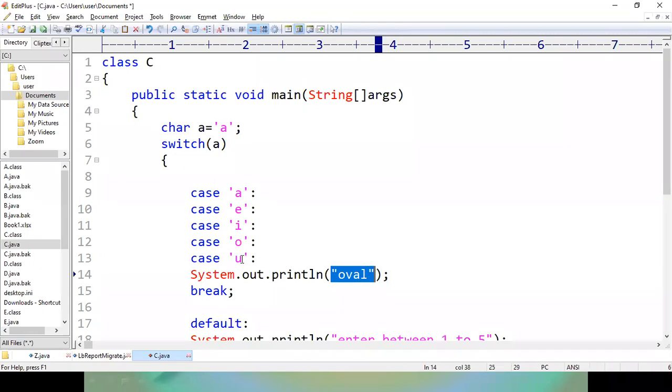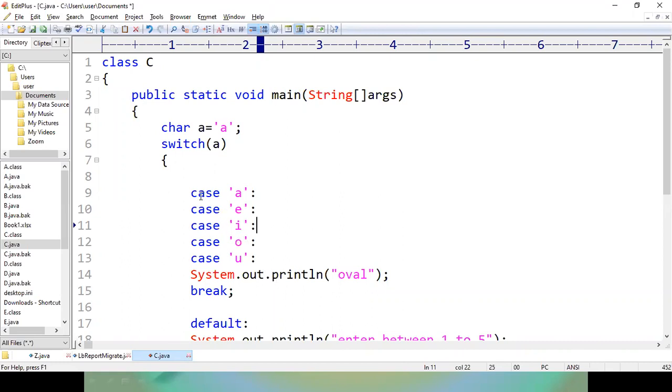Body in the sense that this case U is having some body. So it is not mandated to write a body for all the cases. If the body is common for 2 or more conditions, then we can maintain all conditions at once, and we can write a single body for all of them.